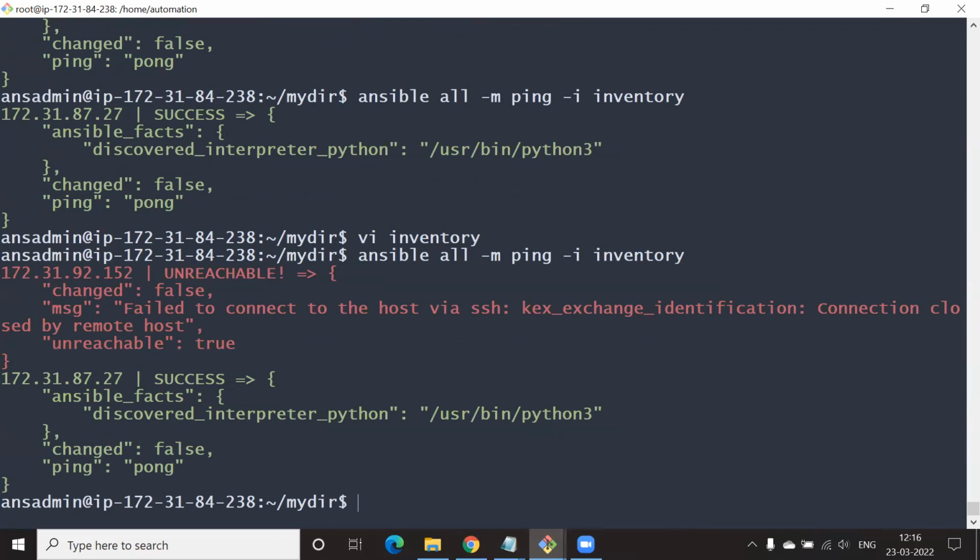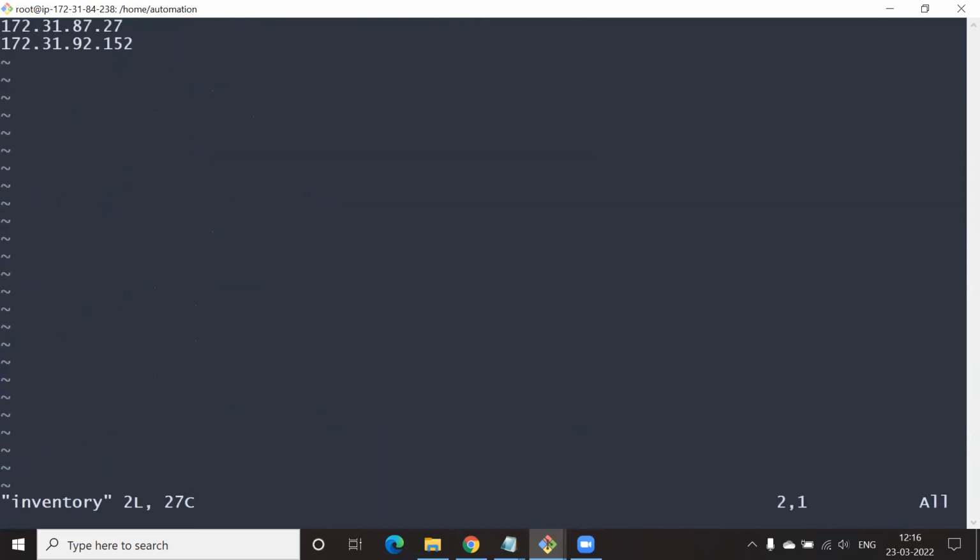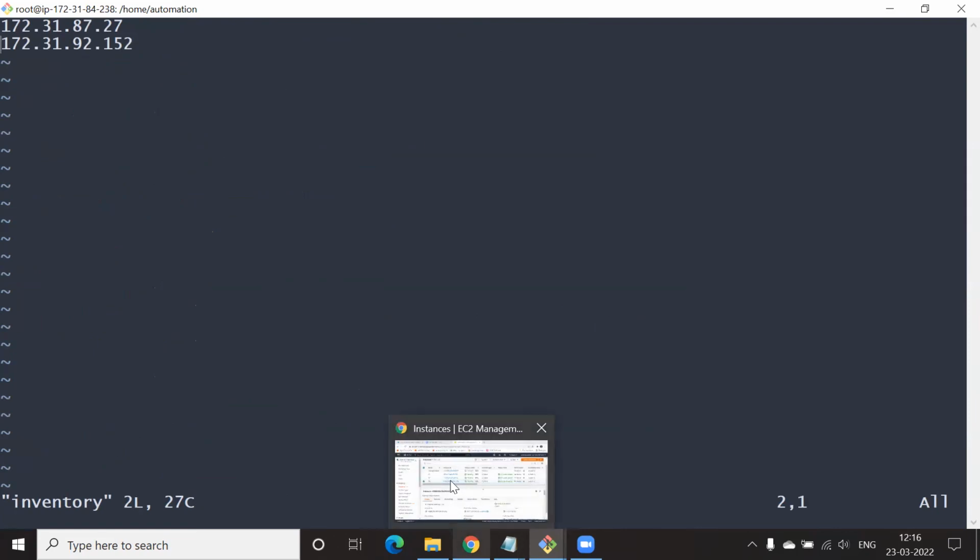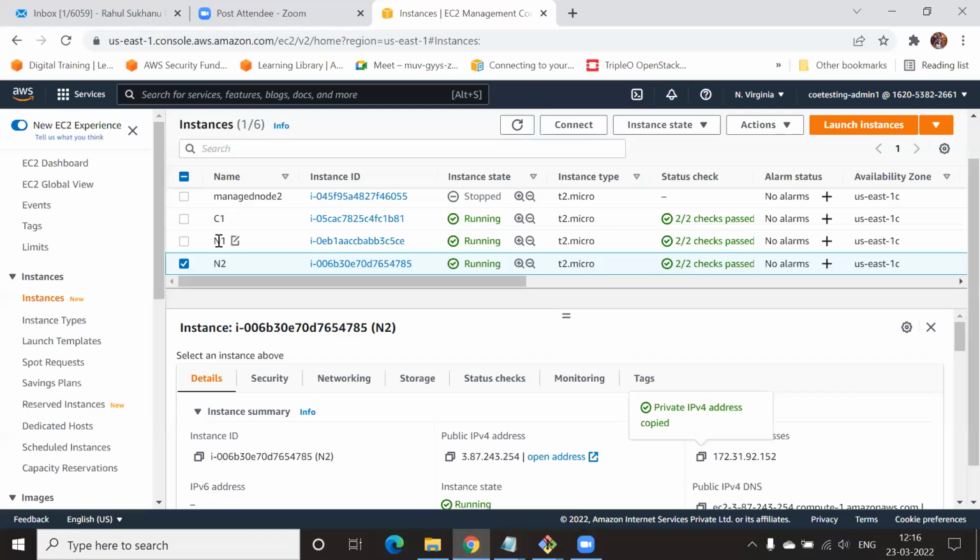What's that? Anything wrong? It is unreachable to this IP. Just verify the IP address, please. 172.31.92.152, everything looks good.